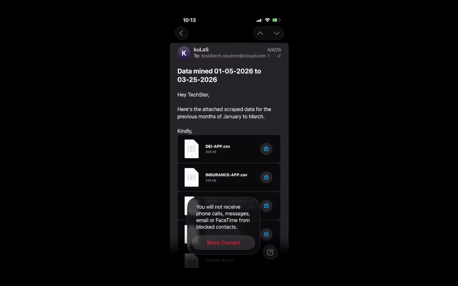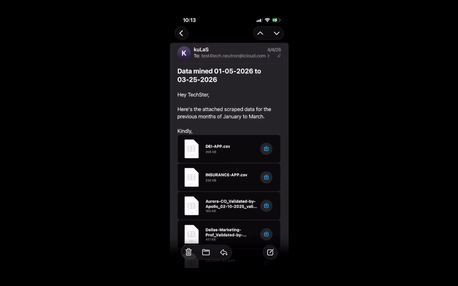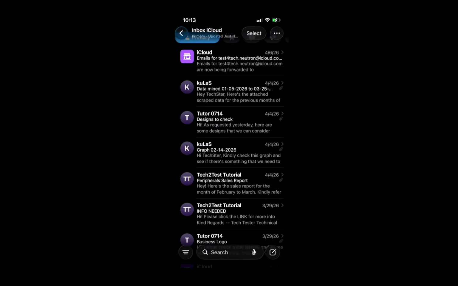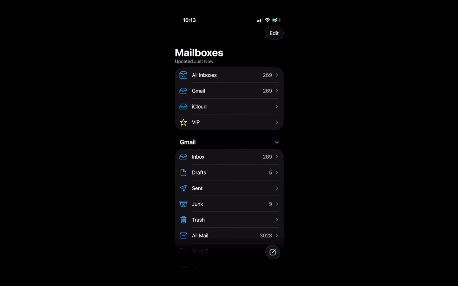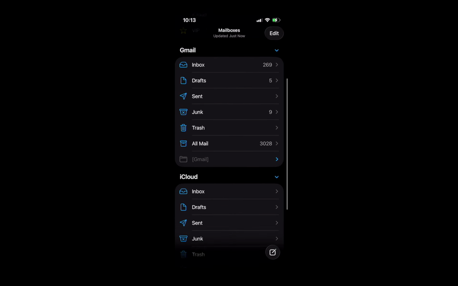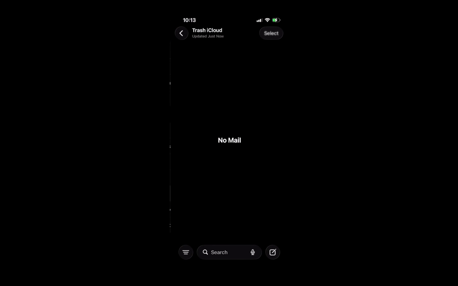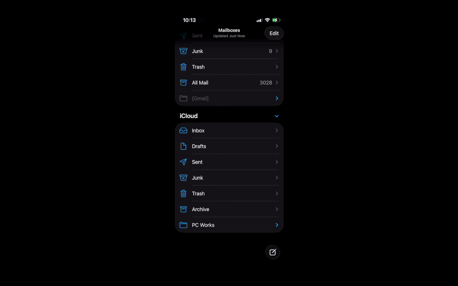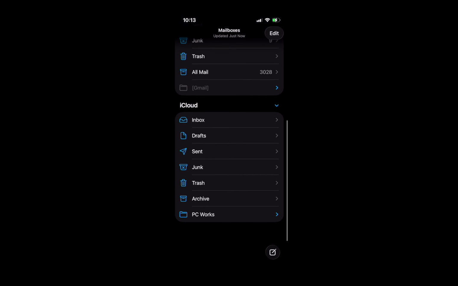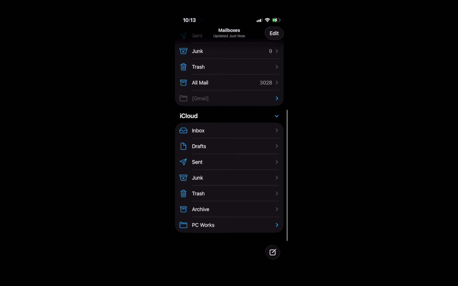So what actually happens after you block? By default, blocked messages are moved to trash automatically, which keeps your inbox clean without any extra effort. Depending on your mail settings, you can instead choose to send them to junk or keep them visible but clearly marked as blocked so you can review them before deleting. If you ever want to adjust that behavior, look in your device's mail settings and pick the option that matches how aggressively you want to filter those messages.